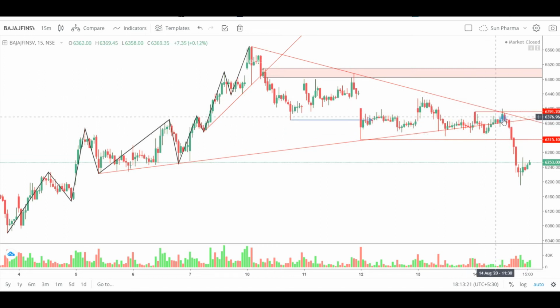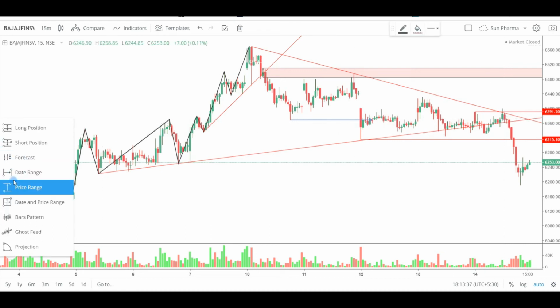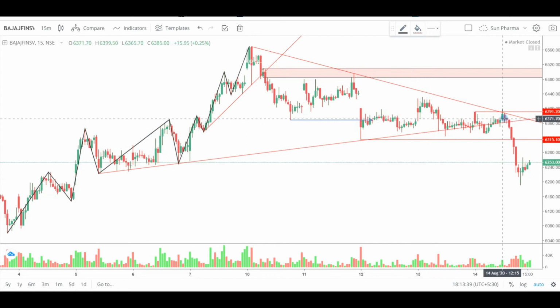Both were broken with this candle. So some breakout traders might have taken entry at this point. This breakout failed and it was confirmed with a red candle forming next to the breakout candle. I would have taken a short entry here